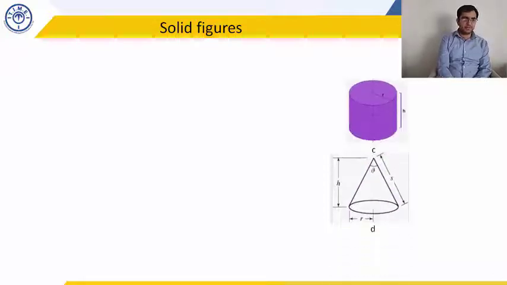So let's move to the next theory part. What are these? The top item is a cylinder and the bottom item is a cone. Where have you seen a cylinder before? A gas cylinder. It is a cylindrical face with 2 circles at the top and the bottom face and a perfectly curved portion in the middle.